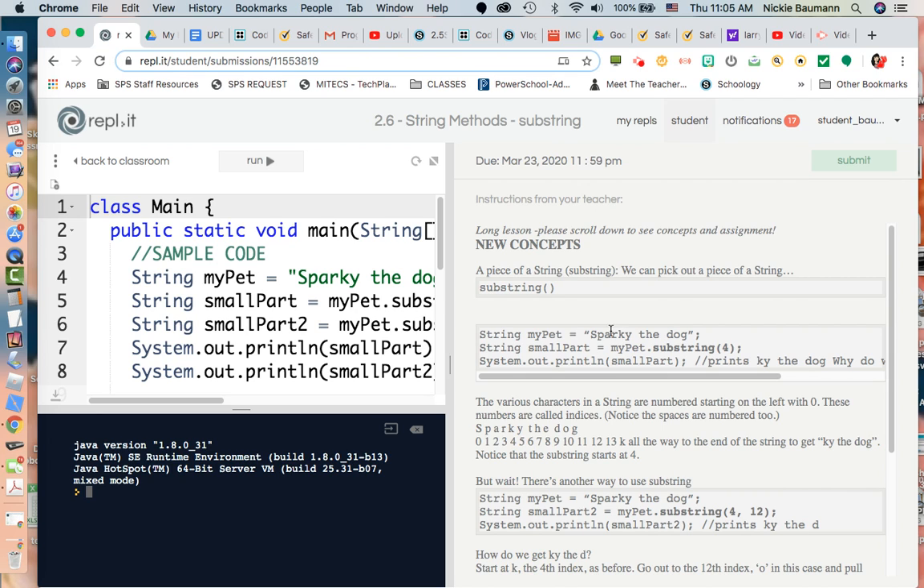So here we declare another string variable, and I'm going to call it small part. And then this is where I'm just pulling out some of the letters. With substrings, I'm saying I'm going to start at position 4 and do everything after that. So in this example,